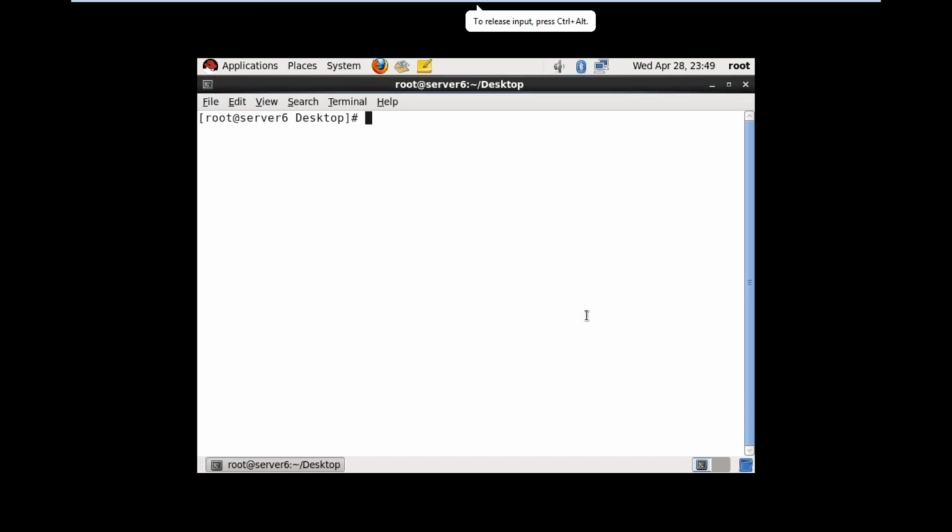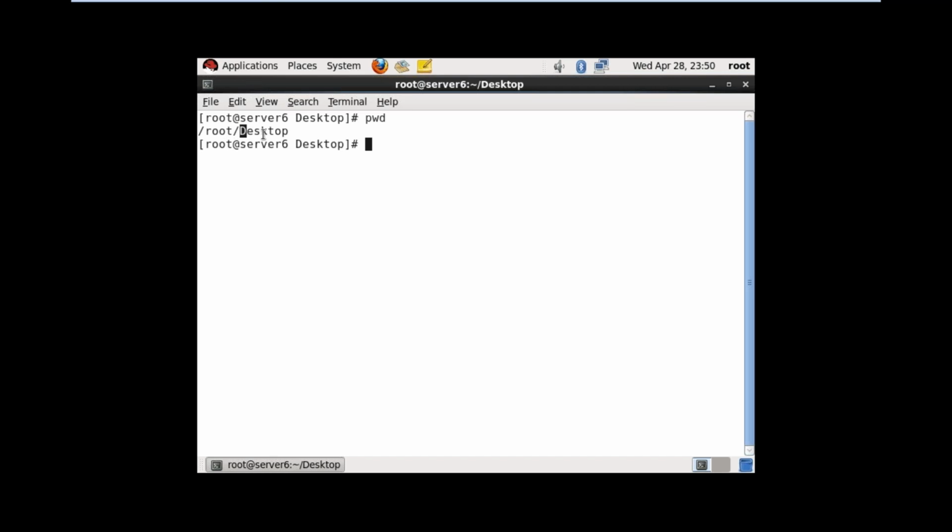Remember, when we are working with Linux, first of all we have to know the command: what is your present working directory? The command is pwd. So where am I? I am under /root. /root is the default home directory of the administrator.